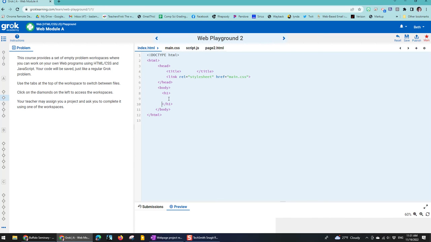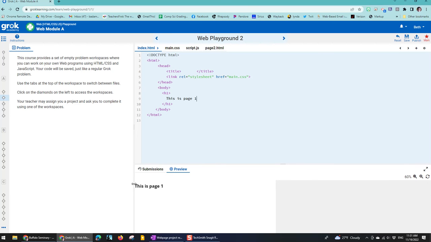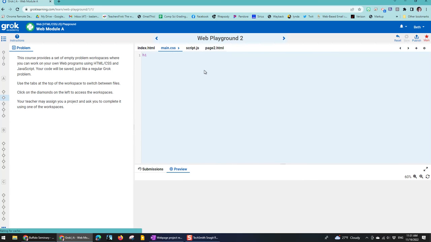Okay, it doesn't matter. Anyway, and then I can put my heading in here. So I'm just going to say this is page 1. And now you can see in your preview that this pops up at the bottom as my heading. And if I go into the main, this is your style page, and if I go in here to style,